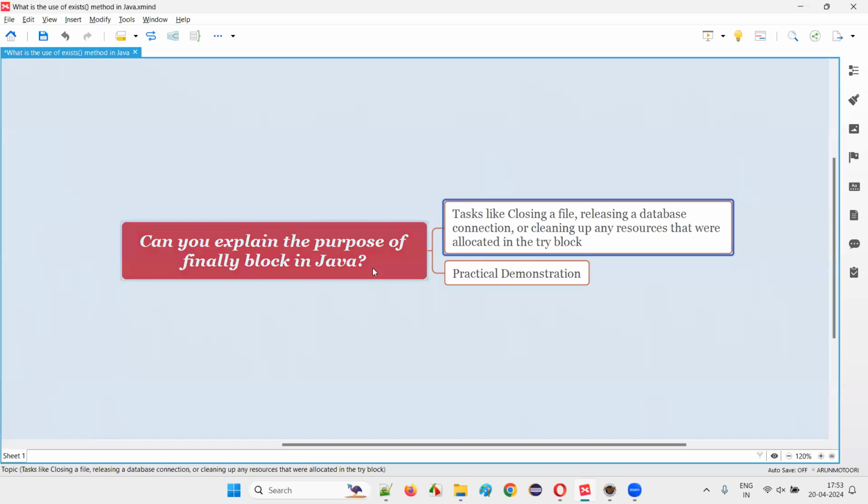In the finally block, we generally write the code which will perform some tasks like closing a file. If a particular file is not closed, then it can be closed there. If, for example, some database connection is not released, that can be released in the finally block by writing some code. Tasks like closing a file, releasing a database connection, or any cleanup task, okay, any cleanup